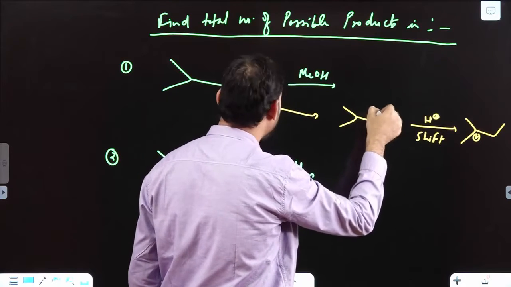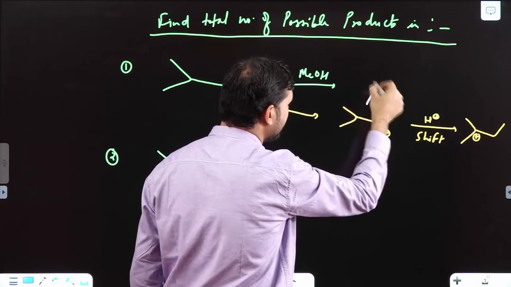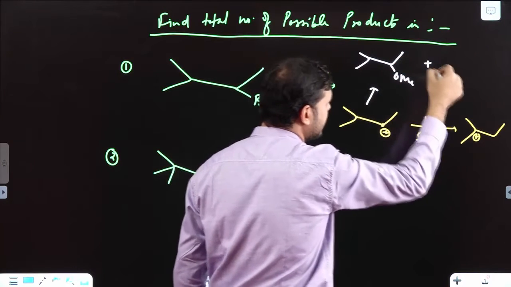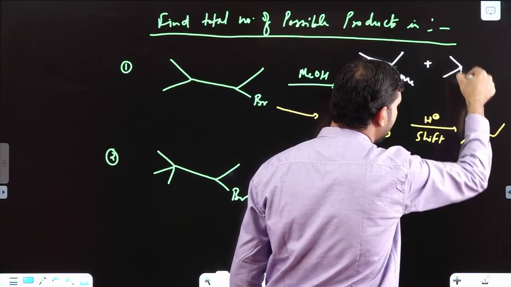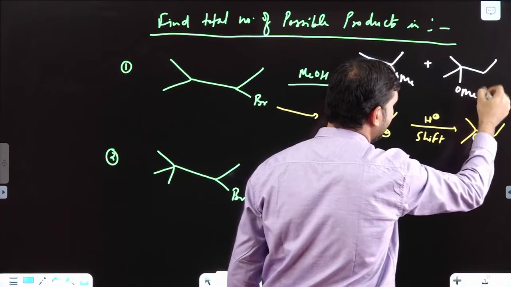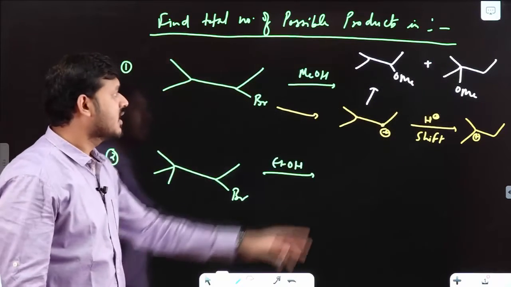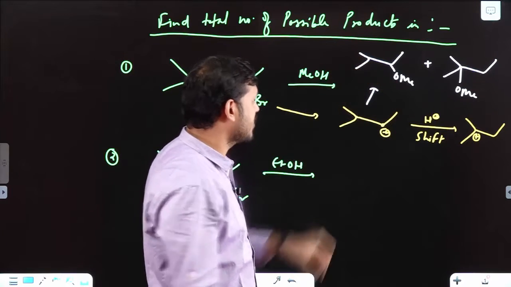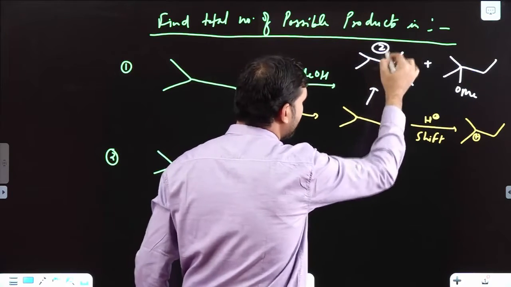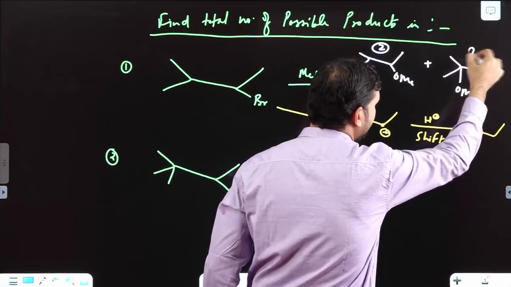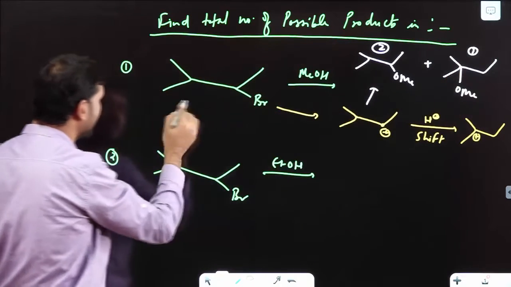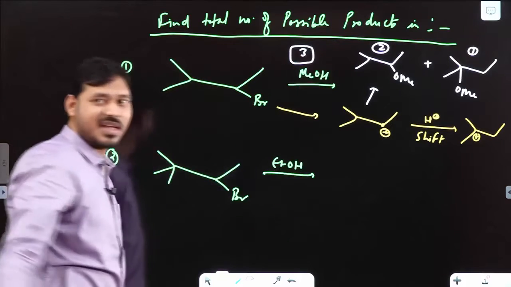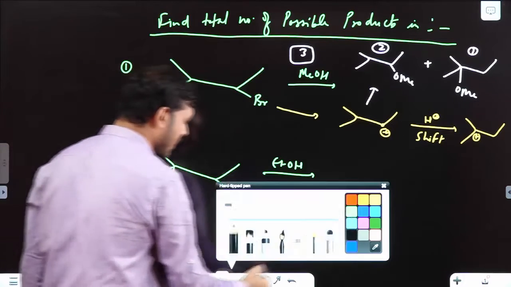So if I say direct, then you will get, by this one you will find the product is this, plus by this one you will find the product is this one. And among these two products, this one is a chiral center having methyl, OMe, isopropyl and hydrogen. So this will produce 2. This is a chiral center and this one is no chiral center. So total possible products will be 3 products. Okay, clear to you?